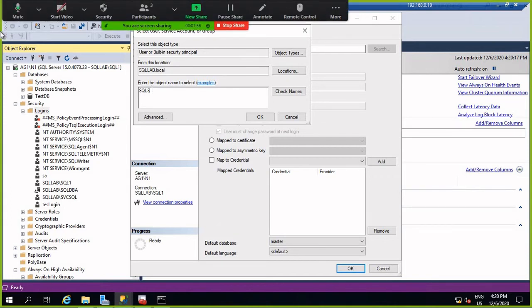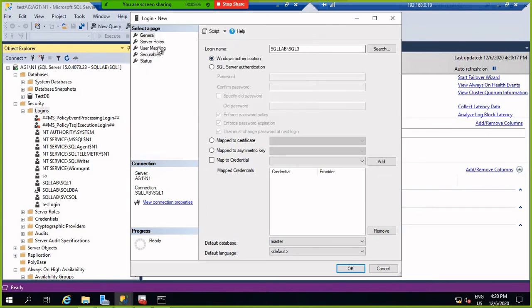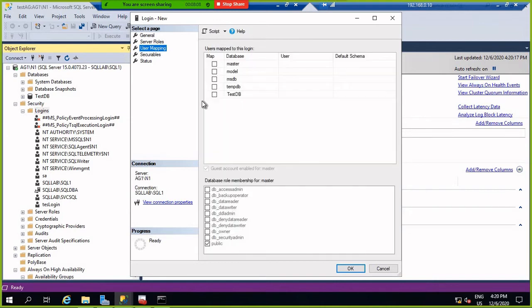I am creating a login here, SQL3. Just check it. This is the user. And map it. For mapping, check the database here, and I am giving the data reader permission.